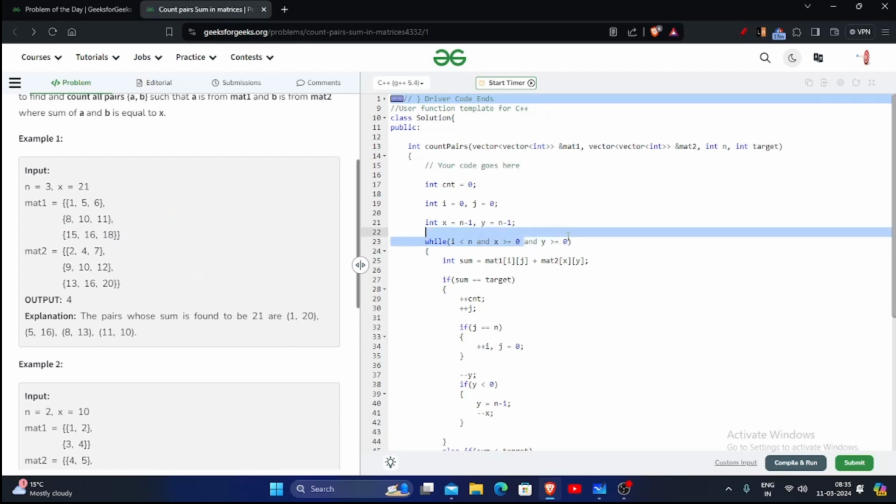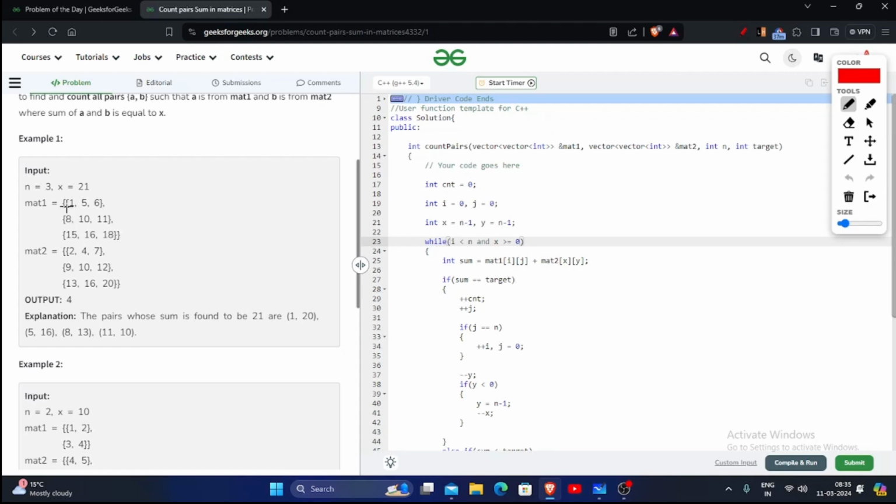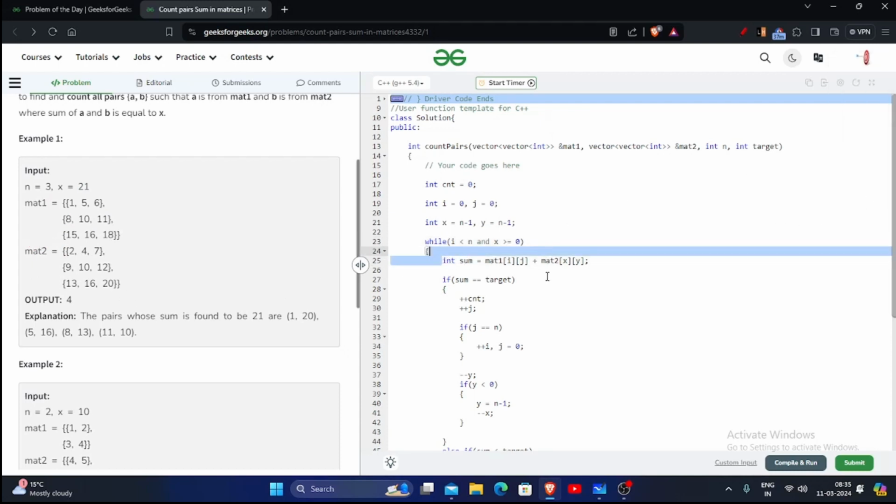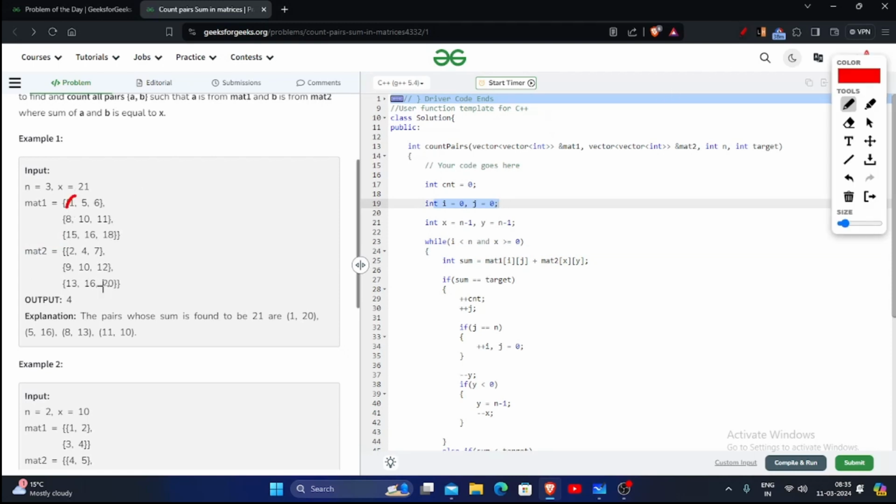And my x is greater than 0. We don't need this case. This would be fine only. If my i reaches here after 15 rows, I don't have elements in my mat 1. Or if my x pointer actually comes to a row -1, that means my elements at mat 2 are finished. So in sum, what I do, pointers at here, pointers at here, pointers at here,